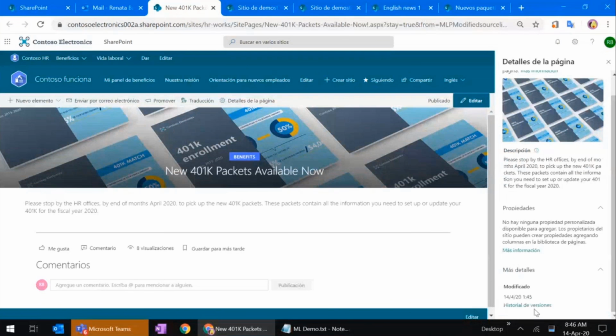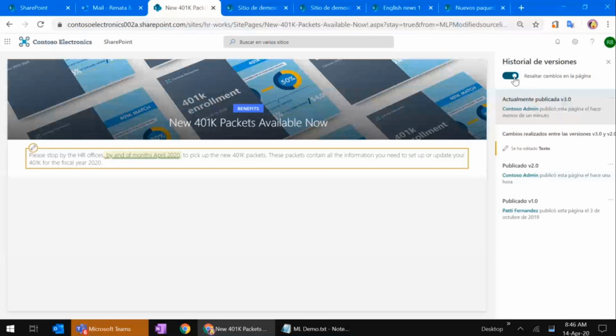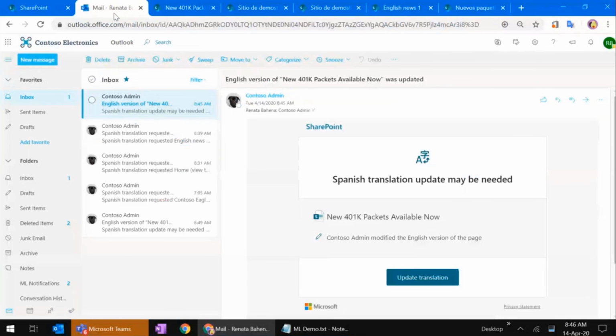And at the bottom, there is the page diffing experience, the visual page diffing experience that we recently shipped out. This toggle means that I can look at it visually. I can clearly see that this text was added. And as the Spanish translator, I can determine whether this is required or not for my Spanish version of the page, and then either reject it or keep that. In this case, it sounds like it's an important update, and I would then go back, update the translation, which will bring me into the